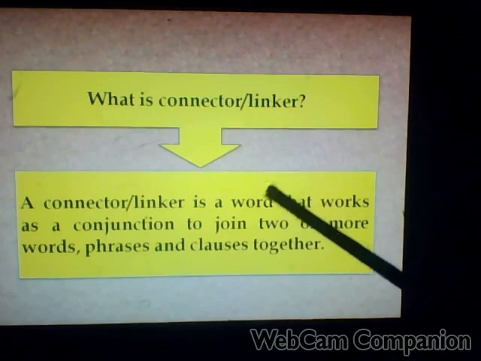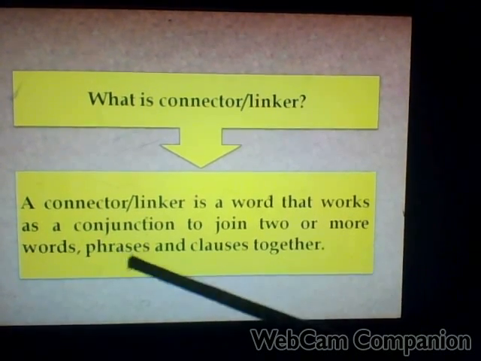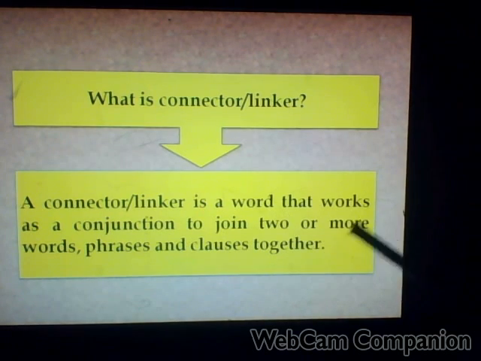What are connectors? A connector is a word that works as a conjunction to join two or more words, phrases, or clauses together. যে কানেক্টর হলো সেই শব্দ যা কনজাংশনের মতো ব্যবহৃত হয় শব্দ শব্দগুচ্ছ বাক্যাংশ যোগ করতে